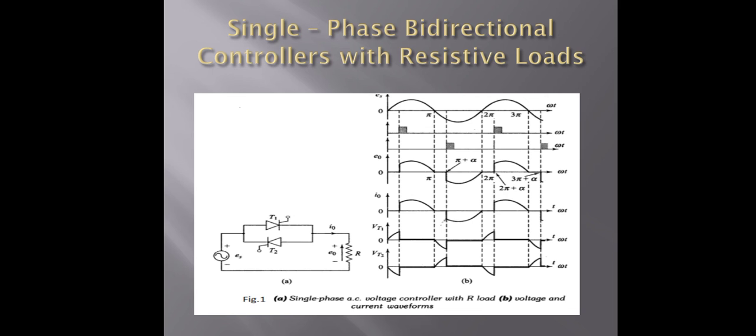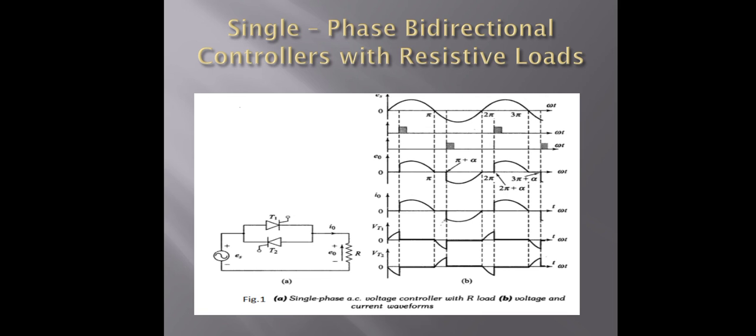During the positive half cycle of the input voltage, the power flow is controlled by varying the delay angle of thyristor T1. Then thyristor T2 controls the power flow during the negative half cycle of the input voltage. The firing pulses of T1 and T2 are kept 180 degrees apart. The waveforms for the input voltage, output voltage and the gating signals for T1 and T2 are shown in the figure.